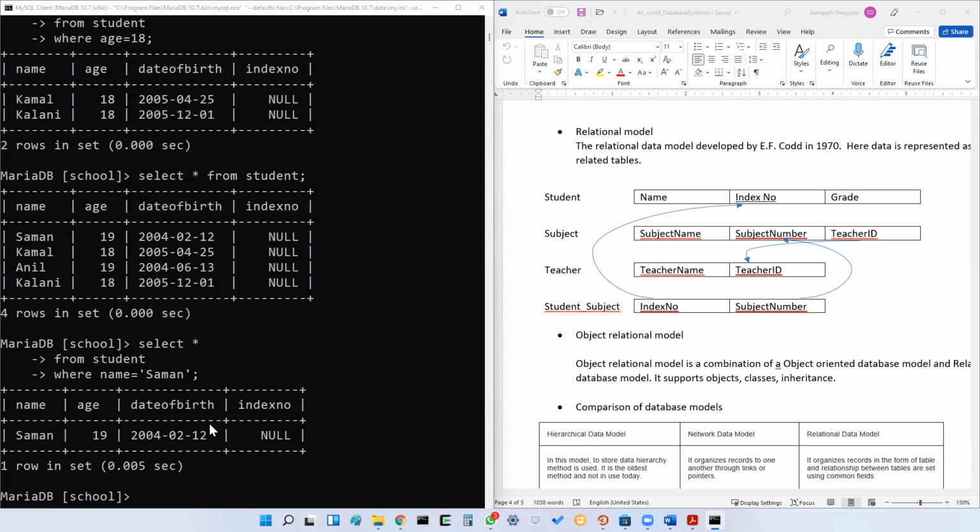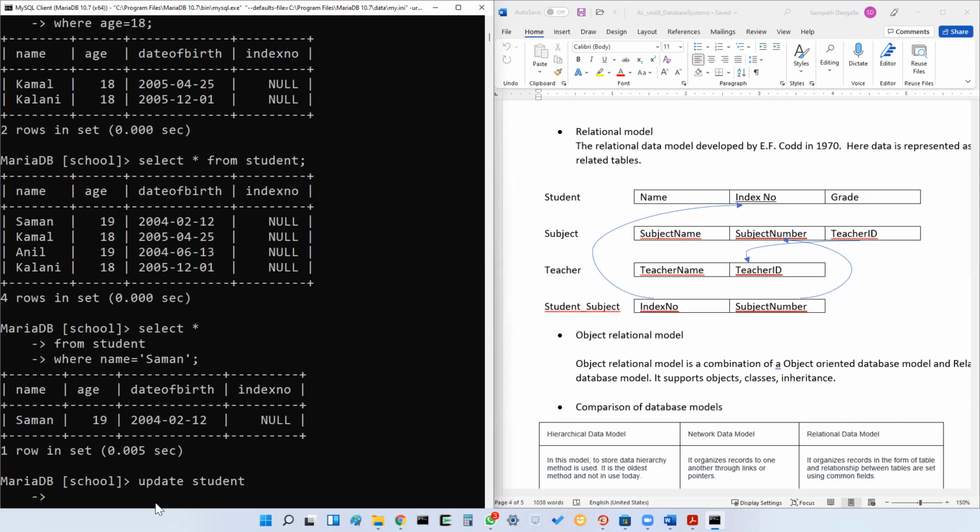Why I demonstrate this here is that I want to change this null value to some other value. If you are going to change an existing value, let's say you made a mistake in his date of birth, we have to use update. So I'm going to use the update syntax to change this null value to some meaningful value. I'm going to say update and then the table name, so I'm going to update the student table. I'm going to set